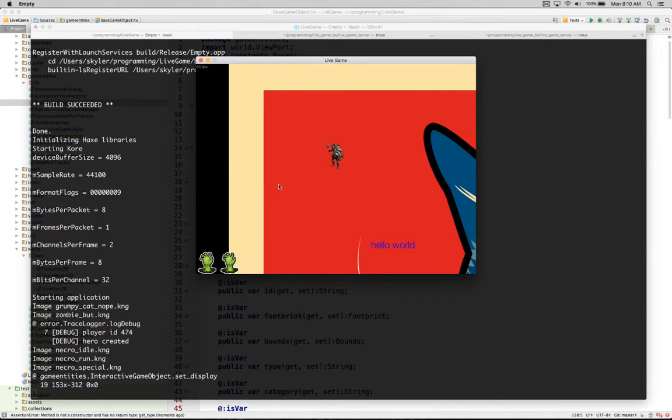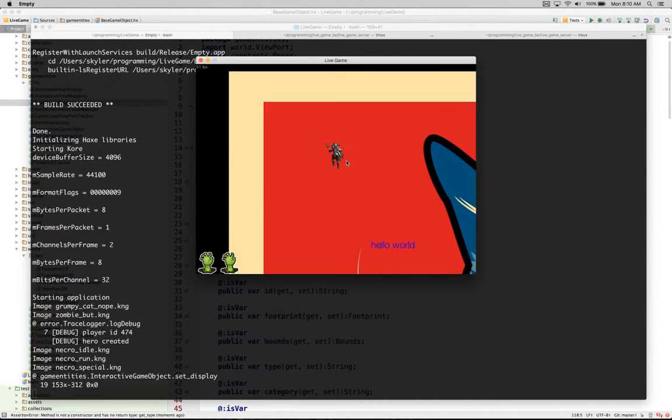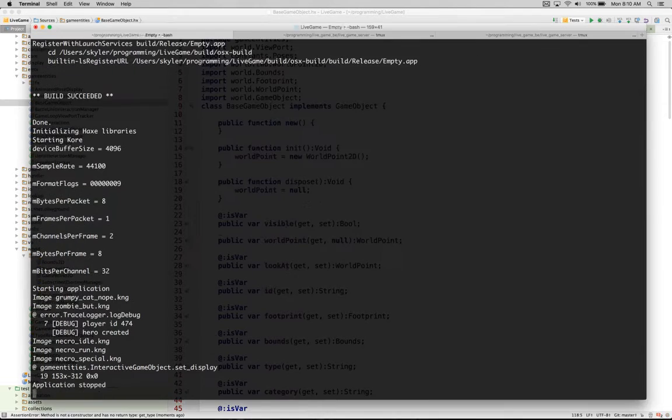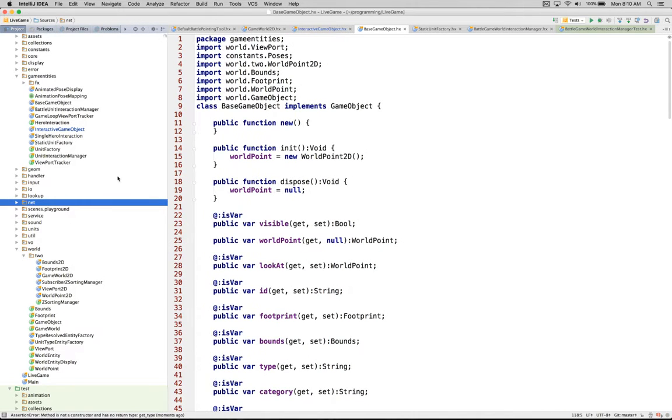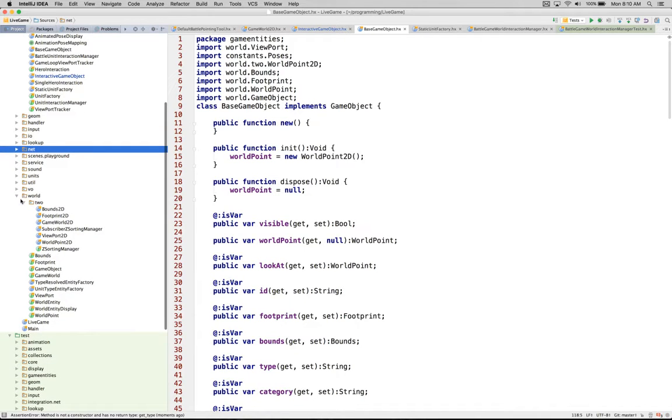He came up as 153, negative 312, which I think is not fully correct. In fact, I know for sure it's not correct. But what we need, I think maybe it's under the world,